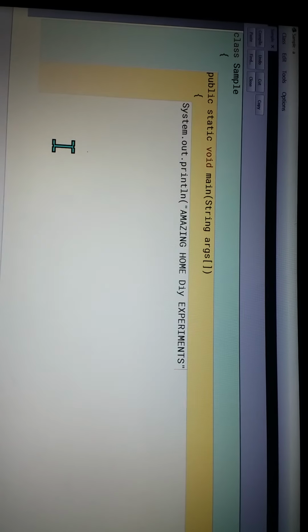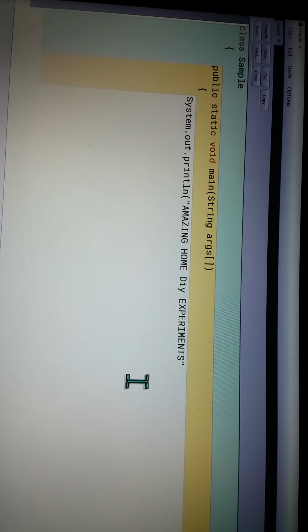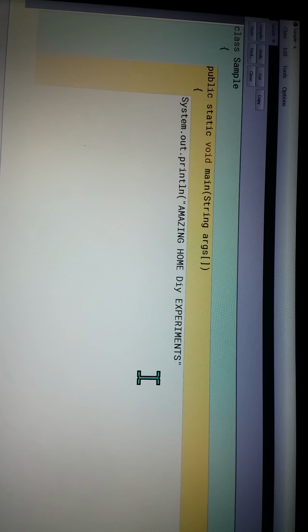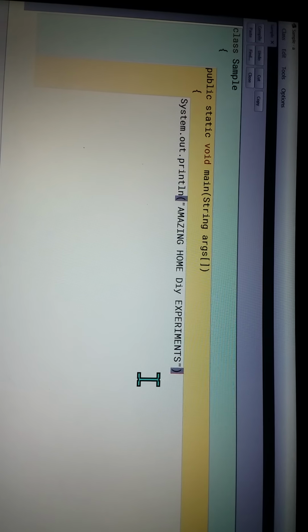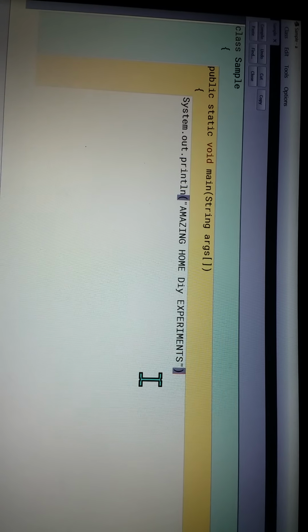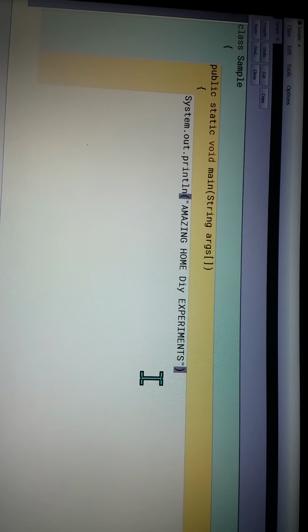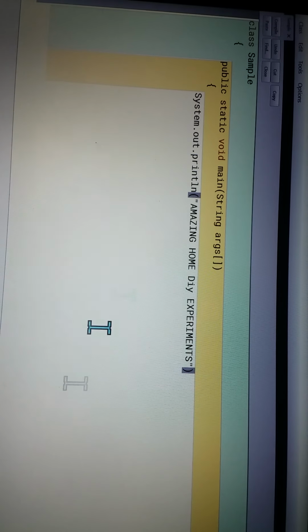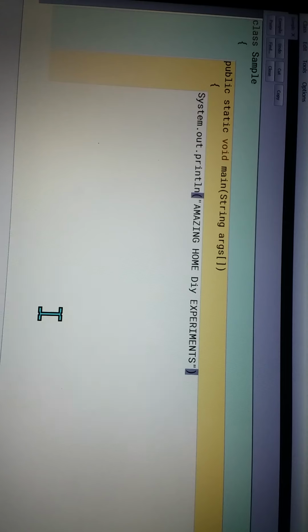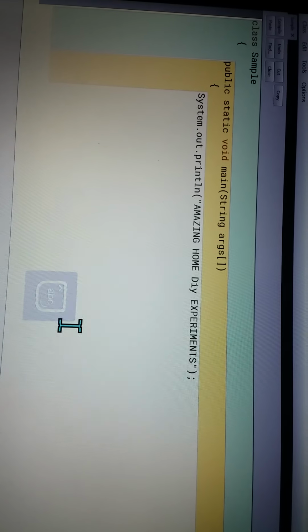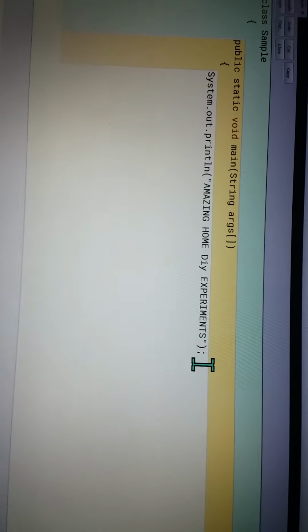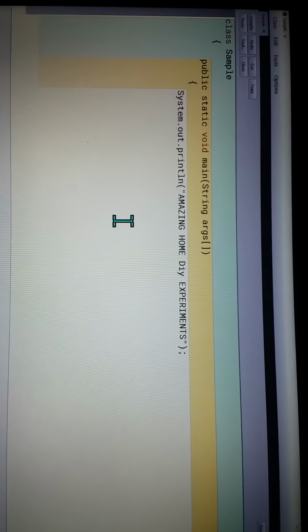Now after writing the message you have to close the double quotes like this, and then close the small bracket. Whatever you have given in double quotes, it will print. Now after doing this, you have to give a semicolon. It is necessary after writing every line that you give a semicolon like this, then enter.